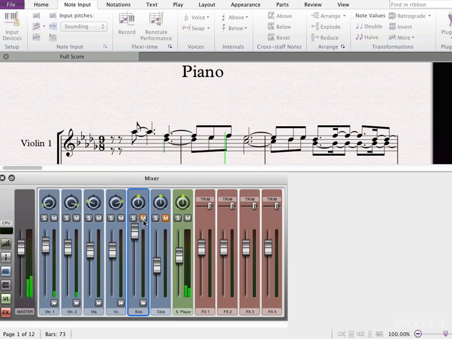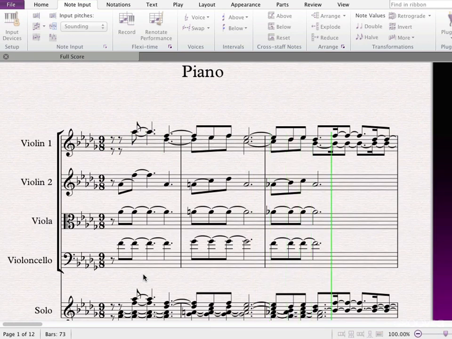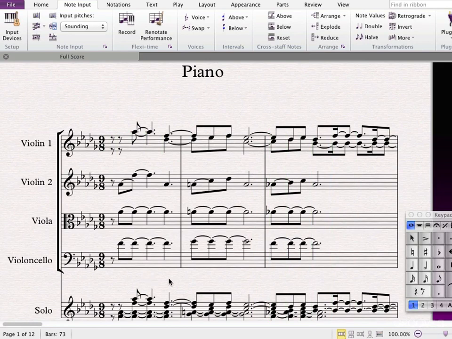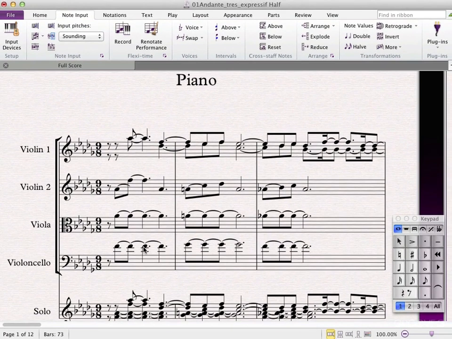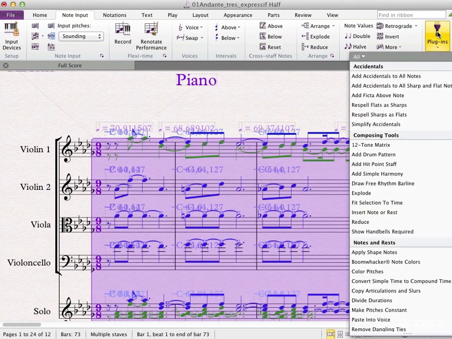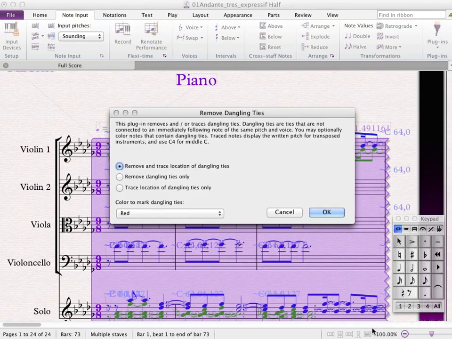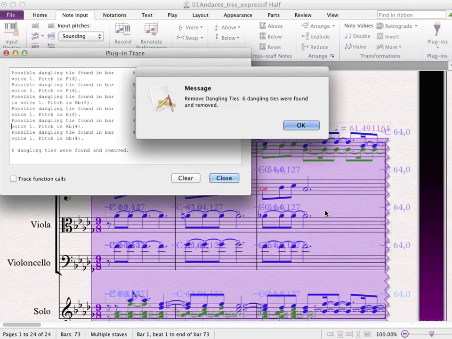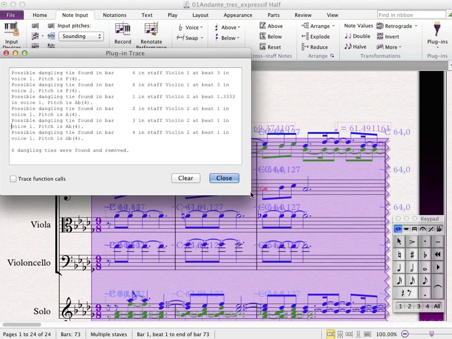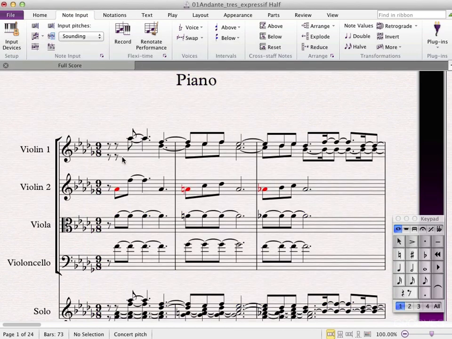Mute the piano. You can hear there's a problem there with dangling ties, which are causing the notes to hang on longer than they should do. So we can get around that. If I select all, go to plugins, down to remove dangling ties, and what I want to do is track them all and get rid of them. Hit OK. There you go, you can see it found quite a few. I can close this window. Now we play back, it's highlighted all those dangling tied notes in red, so there's where most of the problems were. So now when I play back,